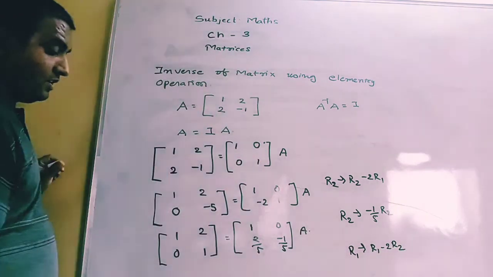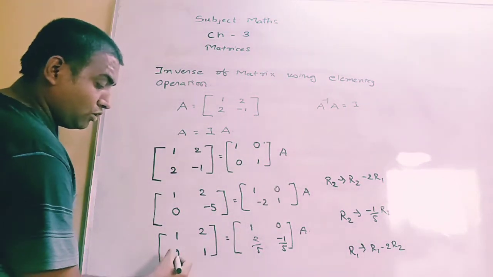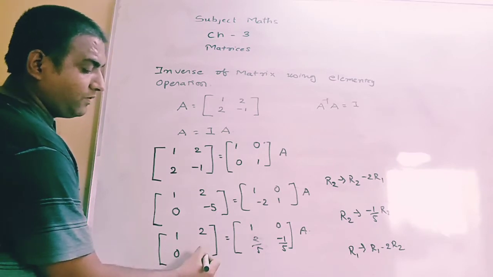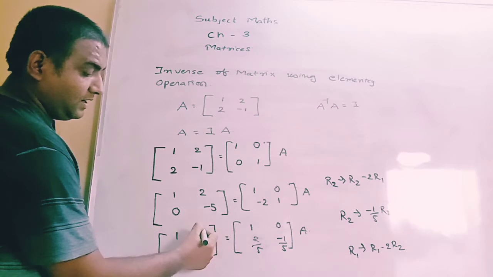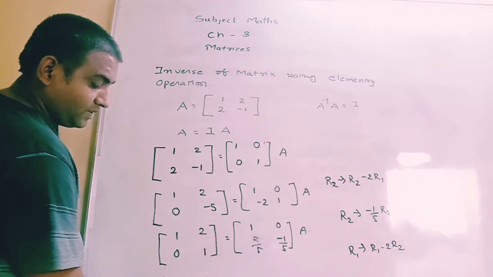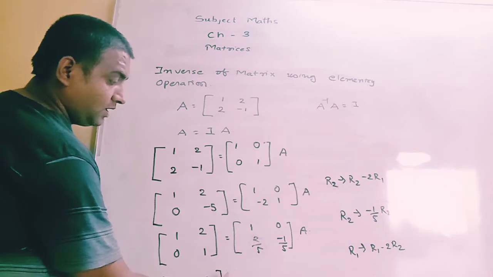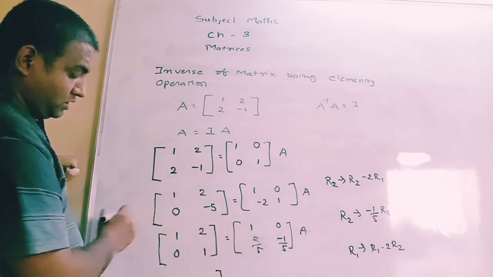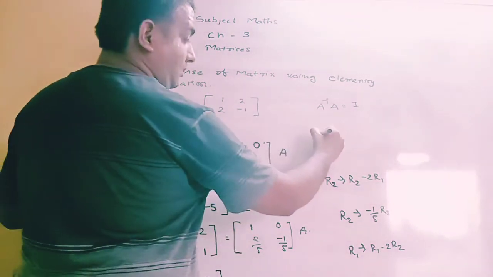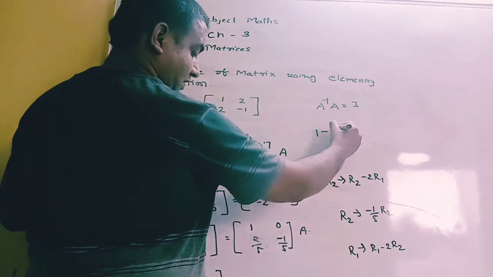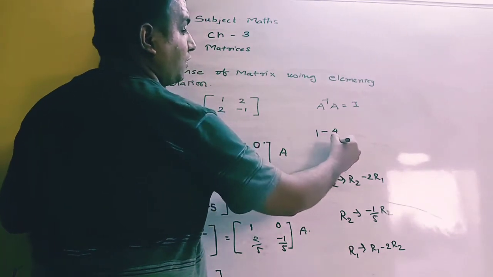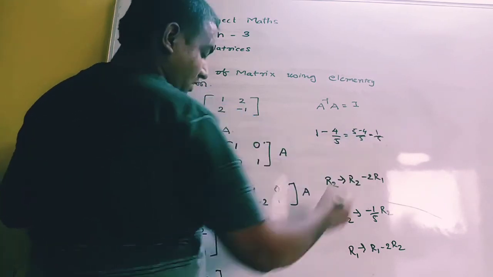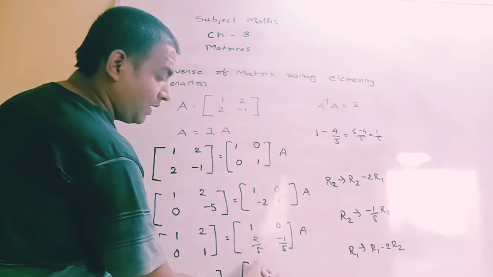Okay. So here 0 multiply 2 is 0, and 1 minus 0 is 1, 2 multiply 1 that will be 2, and here 2 minus 2 will be 0, 0, 1. Here 2 by 5 multiply minus 2, so it will be 1 minus 2 into minus 2, that will be 4, so 4 by 5, so 5 ones are 5 minus 4 by 5 means 1 by 5, and so this entry will be 1 by 5.